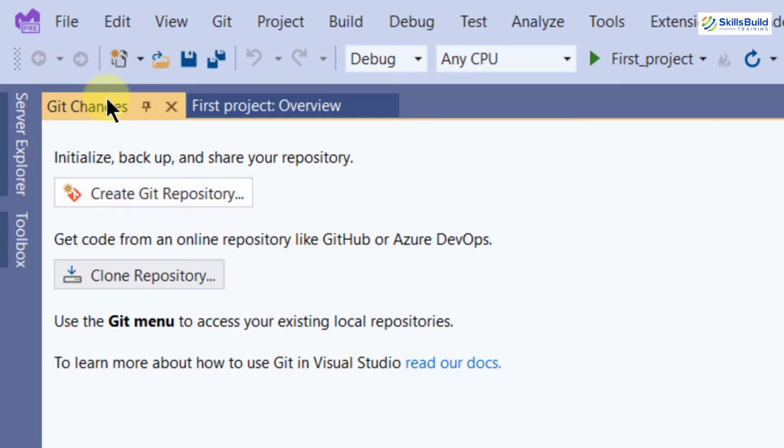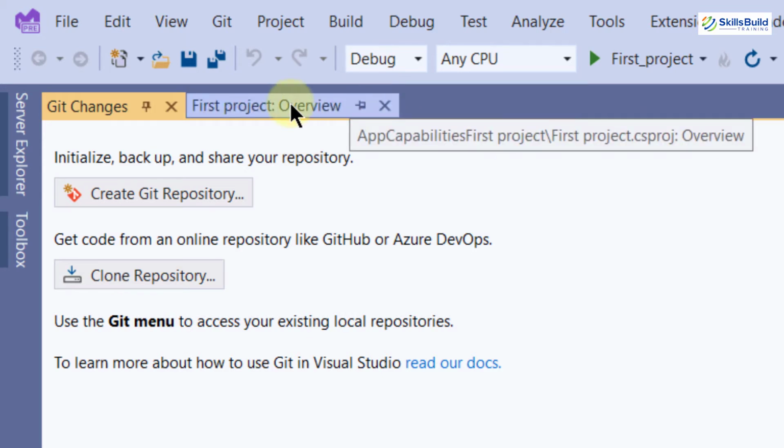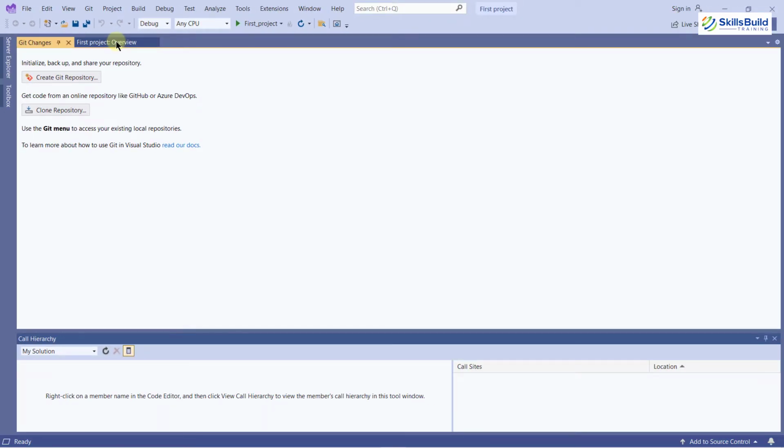Like here you can see it says create Git repositories, and here it says clone repository, meaning you can download your code repository from your GitHub, and you can just start using it in your Visual Studio 2022. As we can clone any repository, one more thing comes to mind, that it will also enable us to work in a team.